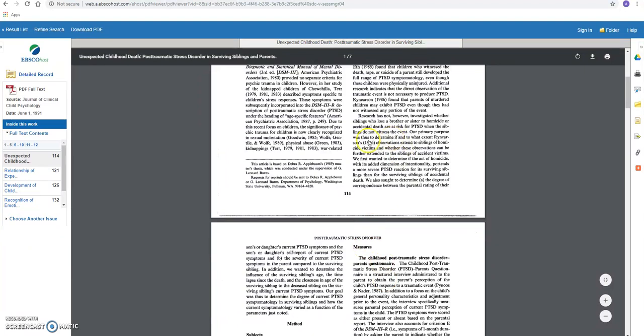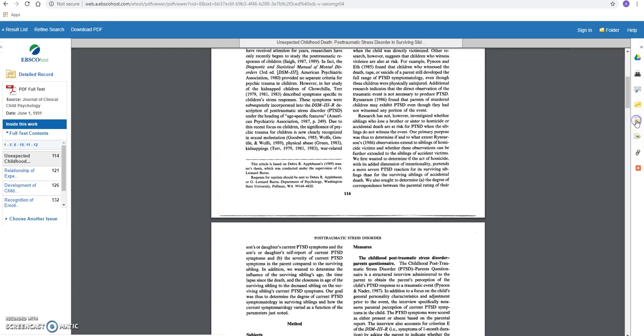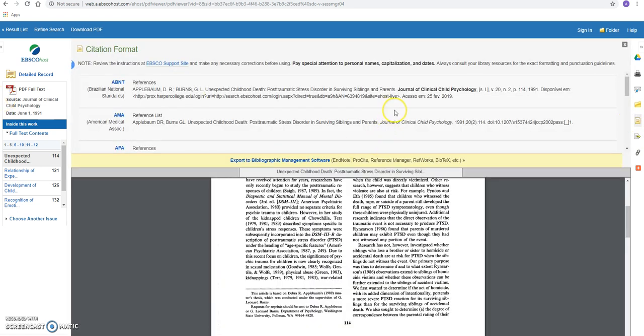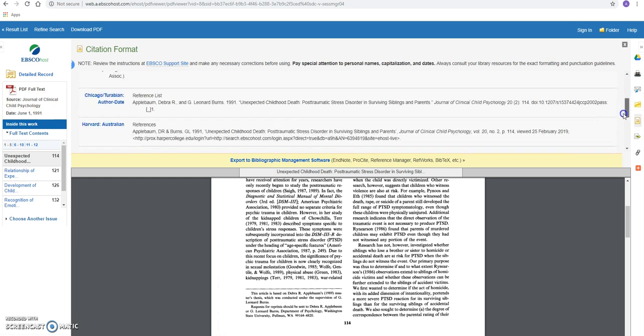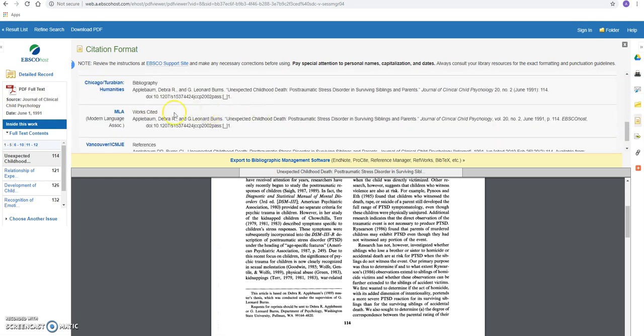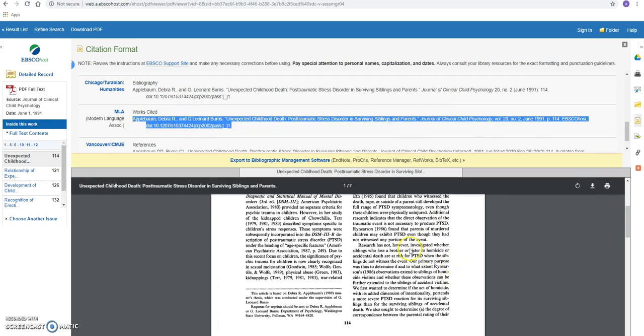And as we know, when you pull up the article, in order to cite it, all you have to do is come over to the right and hit the Cite button and find the MLA form. And it's going to be right there. And copy that and then drop it into your works cited list on your paper.